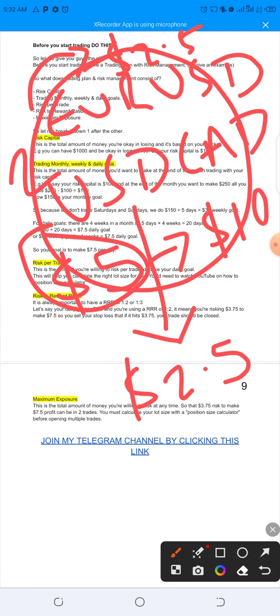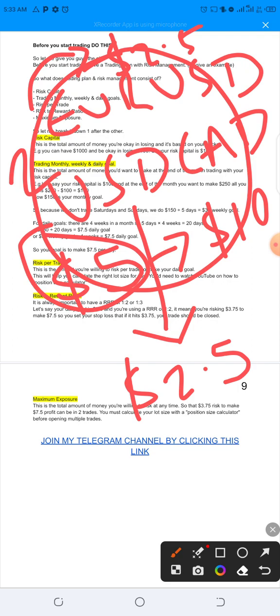Revenge trading is when you lose and you enter another trade because you want to recover the money you've lost. No. Like me, I will send one to three signals per day. If we lose those three signals, I will not send another signal, because sending another signal can be revenge trading. Because we've lost, we want to make the money back. No, we will go again the next day and start to recover from the next day. But by applying proper risk management, because of the profits we've made in the past, we will not even feel that we've lost. I hope you're understanding. So this is basically how to apply proper risk management.